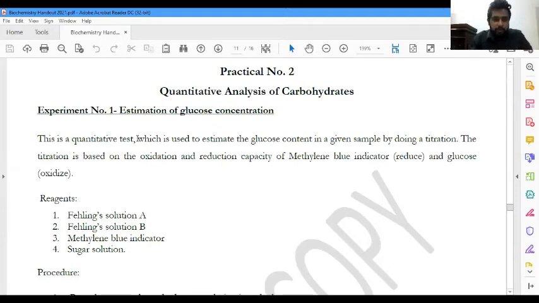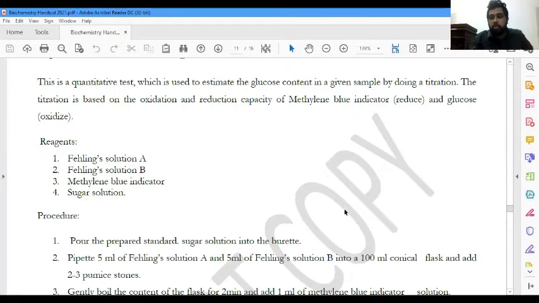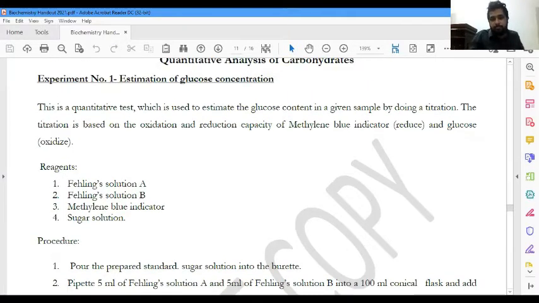This is a quantitative test which is used to estimate the glucose content in a given sample by doing a titration. The titration is based on the oxidation and reduction capacity of methylene blue indicator and glucose. You know that glucose is a reducing sugar. It means it can act as a reducing agent, and glucose can be further oxidized while the oxidizing agent will be reduced. Then in this titration, we use Fehling's A, Fehling's B solution, methylene blue as the indicator for